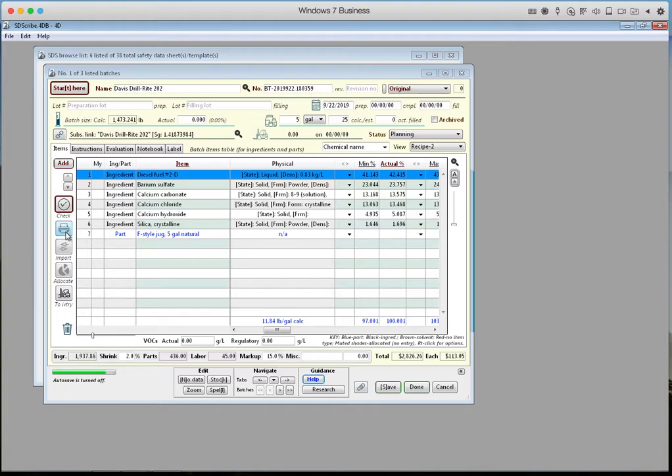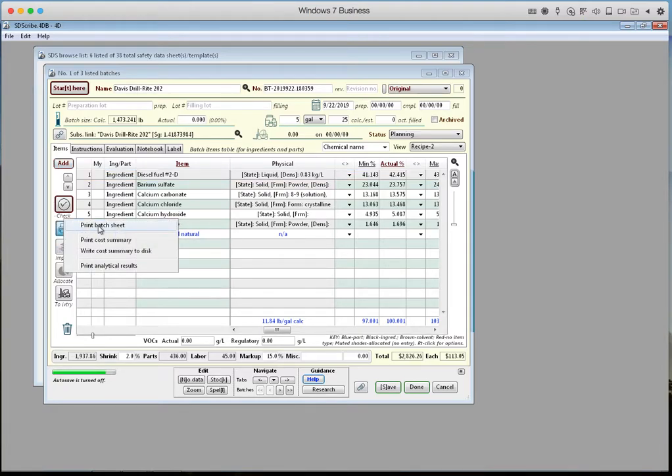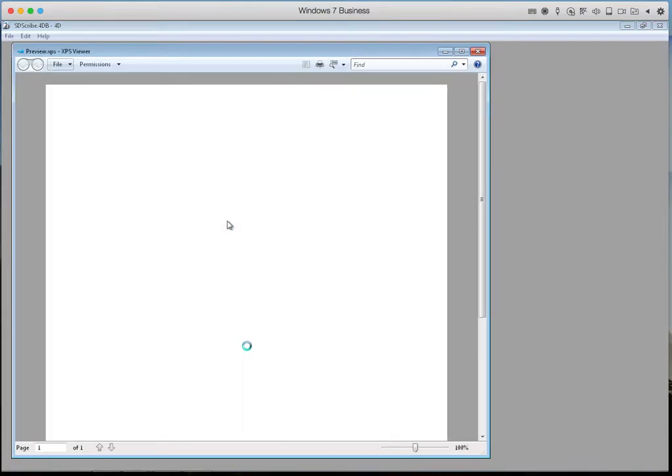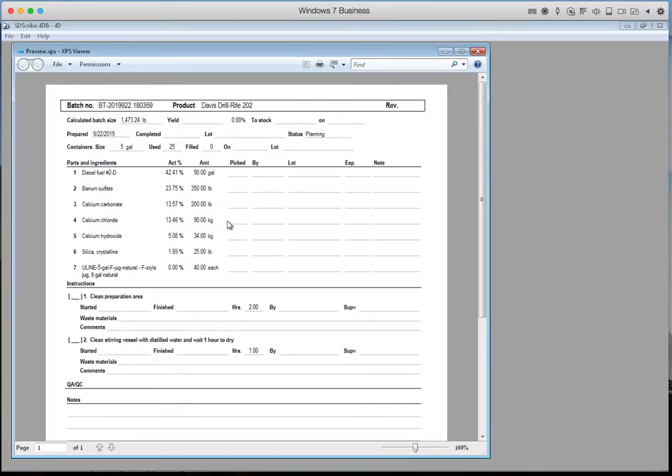Okay, let's also look at printing. If you want to print a batch sheet, you go to the print button, say print batch sheet. I'm going to preview it on the screen and say OK. And we'll get something showing up on the screen in Document Writer. Calculate batch size, what it was, about 1,500 pounds. Prepare date, the size of the containers, we're using those 5-gallon pails. 25 is the calculated need. Here are the ingredients and the parts that we're using, and it also printed out some instructions that we had